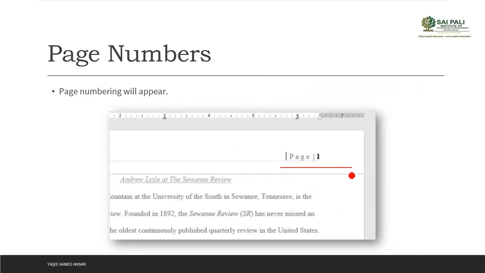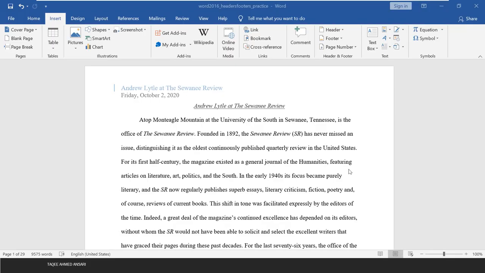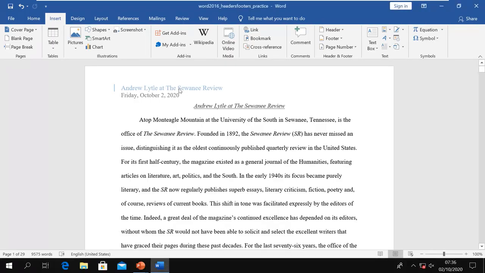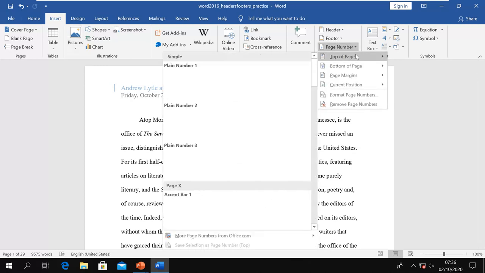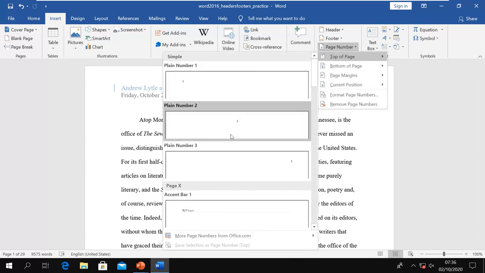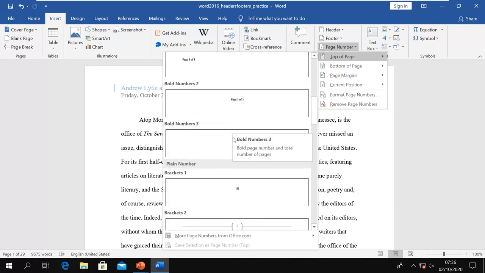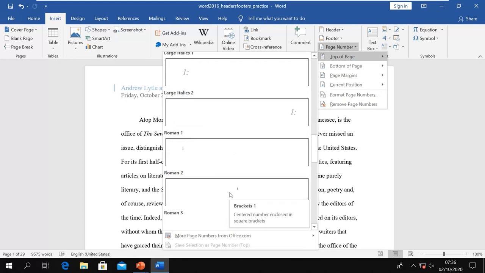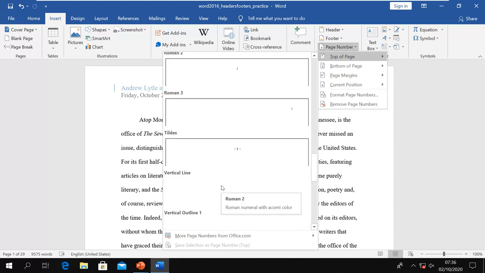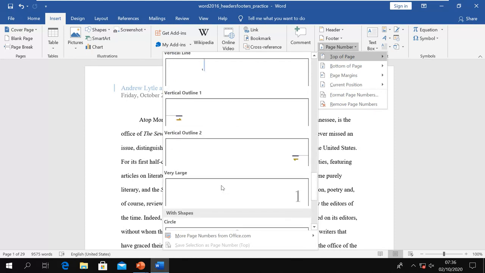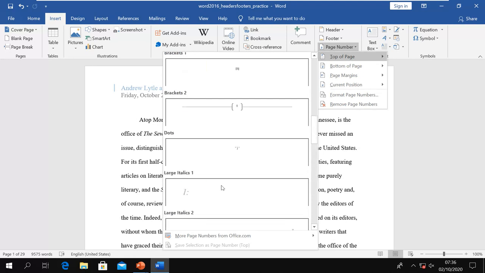but it will remove the existing header. That means suppose my header is already there. Now I go to Insert, Page Number, I select Top, and we have multiple options here to choose from, whatever type of page number you want.